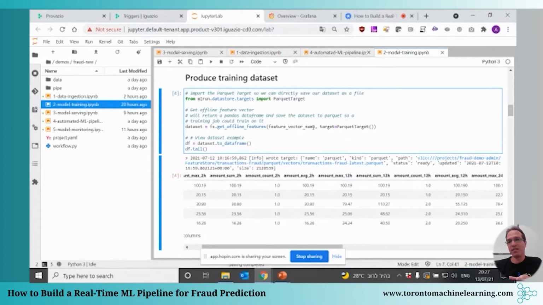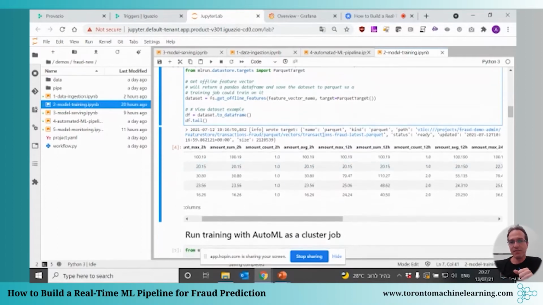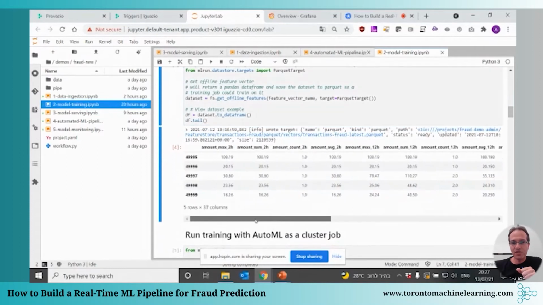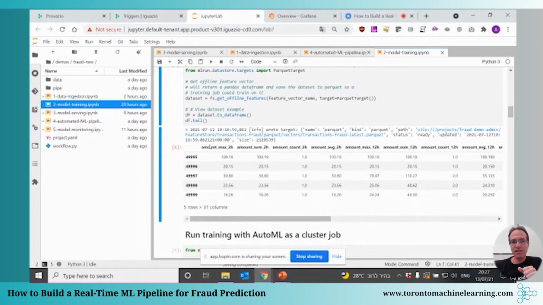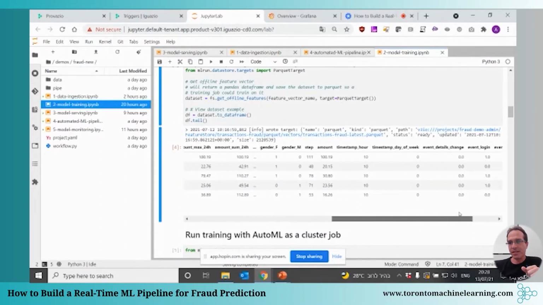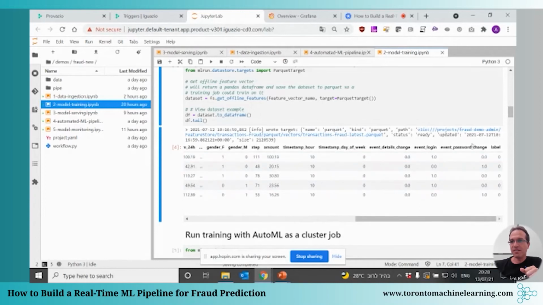So I'm going to use this target of Parquet file, and this is how the feature vector looks. You get to see all the aggregations here, the source column, the aggregation, the categories, and also the events features that are part of this wide feature set.